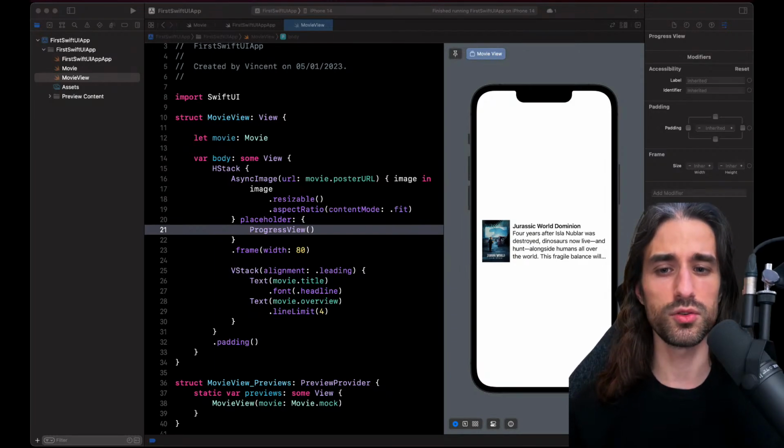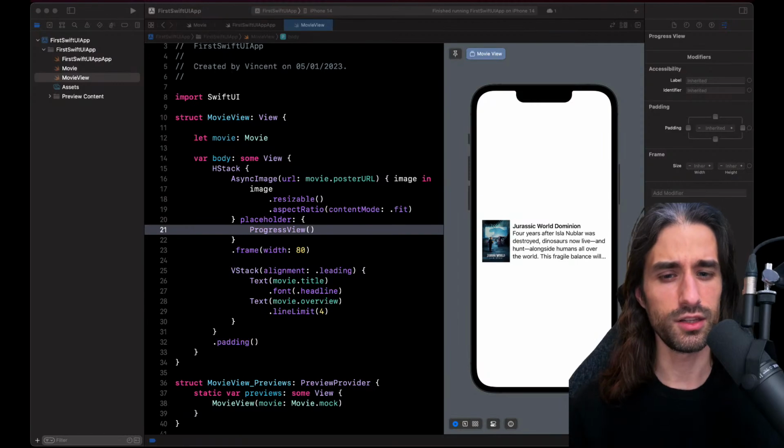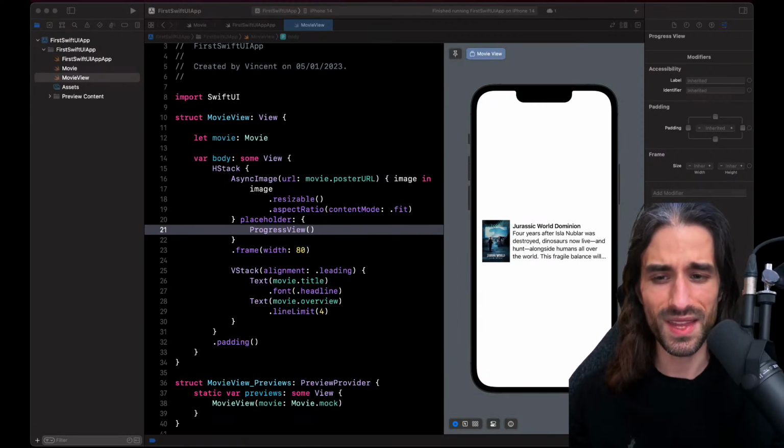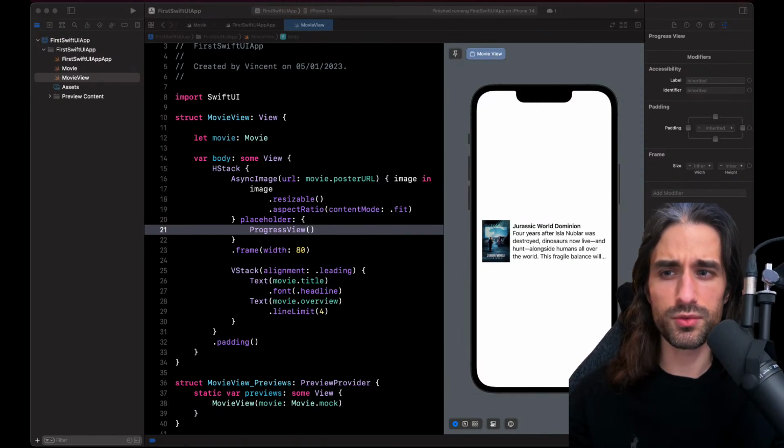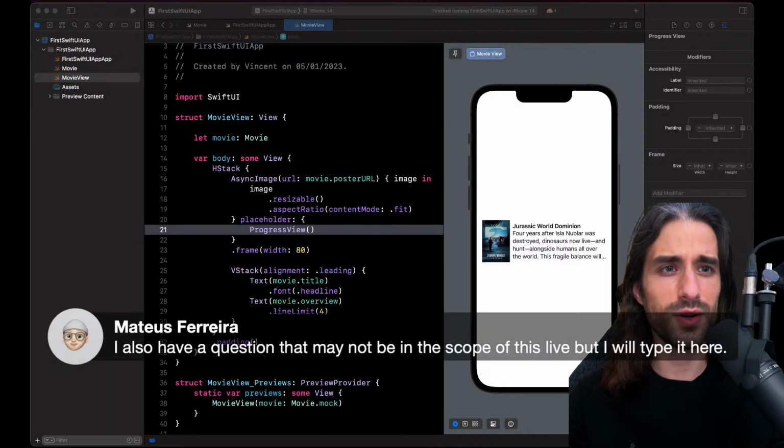But you are raising a great point. If your app is all about displaying images, you want to implement some caching so that you don't keep making the same network call to get the same data. Okay, so I was about to implement the hard-coded array of movies, but before that, I see we also have another question. Let me answer it.